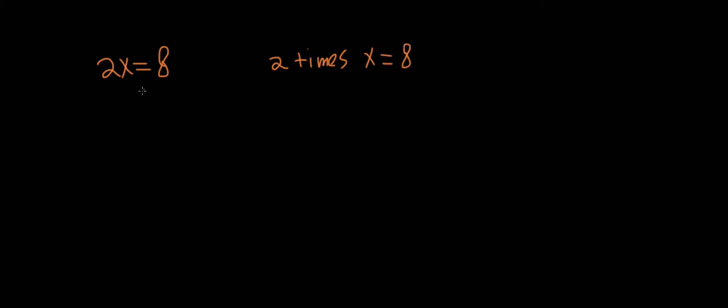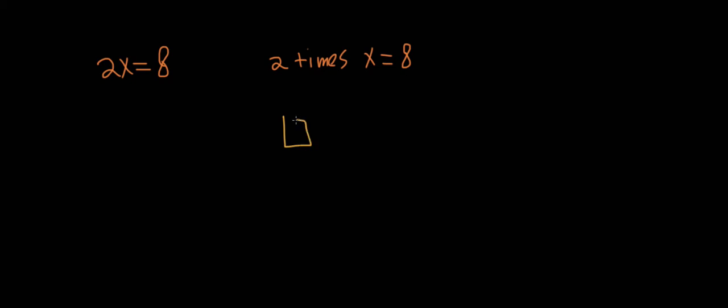So in algebra, instead of writing the times symbol, which is an x, we don't write that. We just write 2x, or the coefficient times the variable, without writing the symbol, because we confuse that with the variable x. So that's the reason why we just write the coefficient next to the variable, and that represents multiplication. So this right here says 2 times x equals 8, which is the same thing as, let's say,